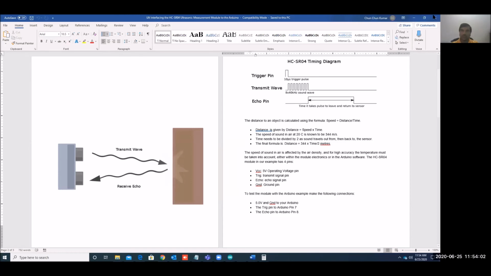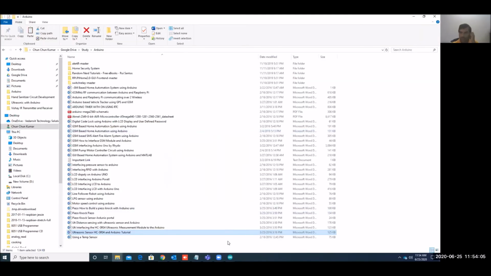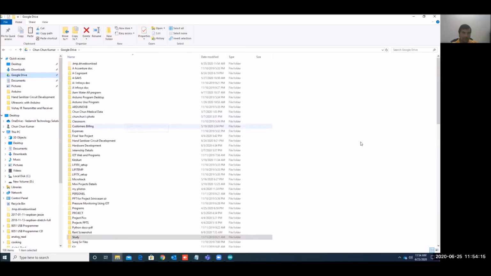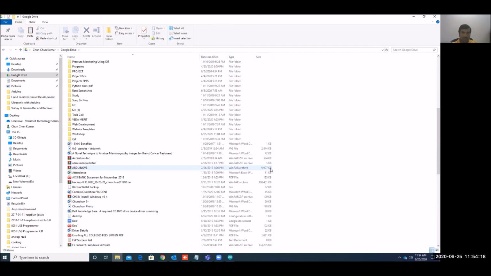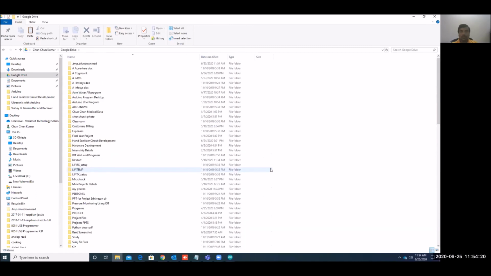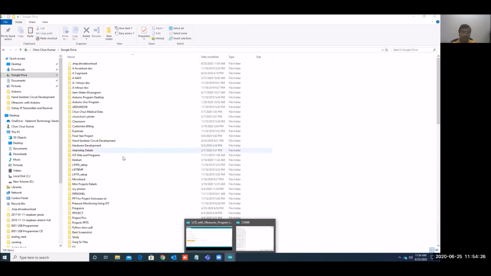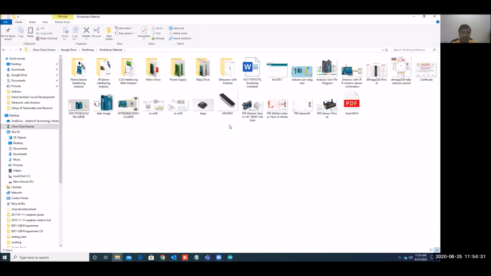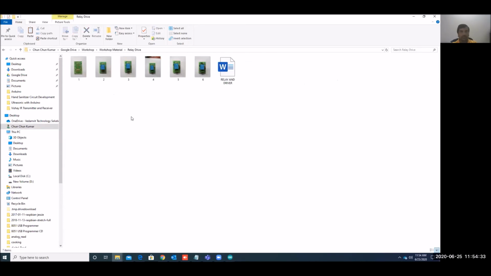So now I will go for relay. Okay, relay interfacing. So for relay interfacing, I thought to cover the motor drive also. So maybe the motor drive I will cover tomorrow. Okay. So today I will cover relay again, because relay we can finish in a very short time.